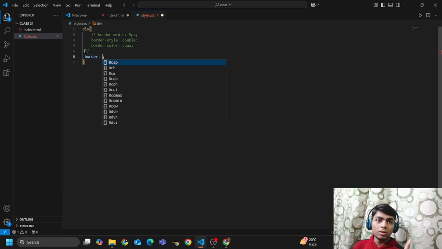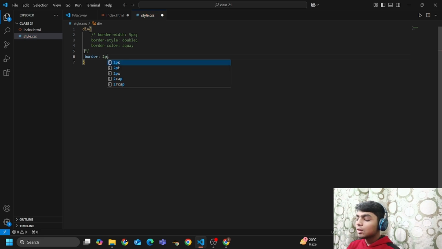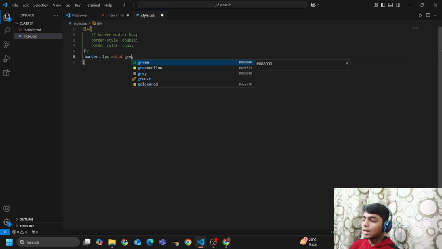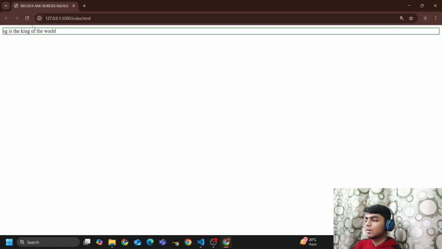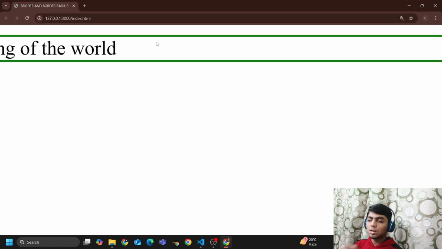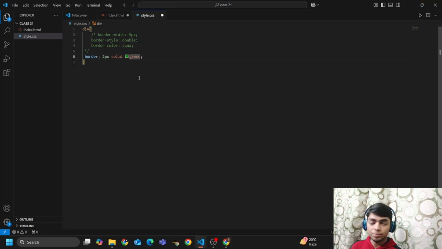First parameter is border width, second parameter is border style, and third parameter is border color. That is, if I want 2 pixel width, solid type, and green color, and now if I preview my website on my browser, you will see that my border has 2 pixels of width, green in color, and style being solid. So this is the shorthand for the border property.